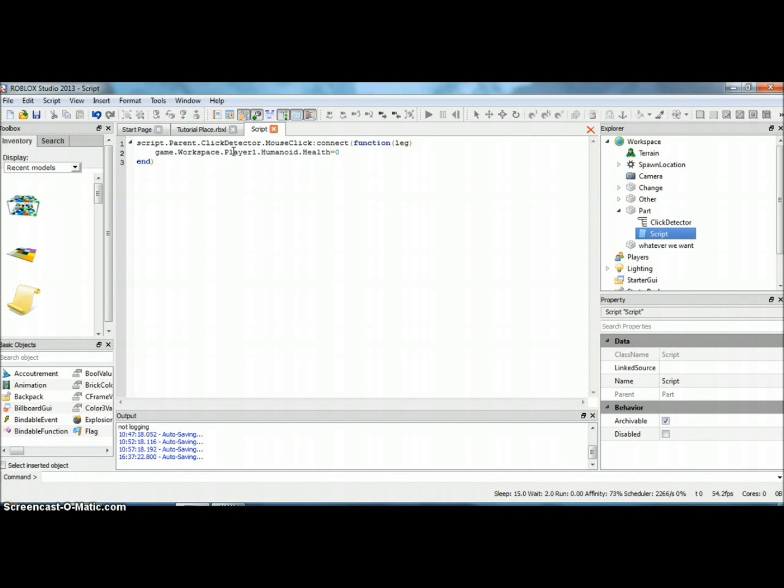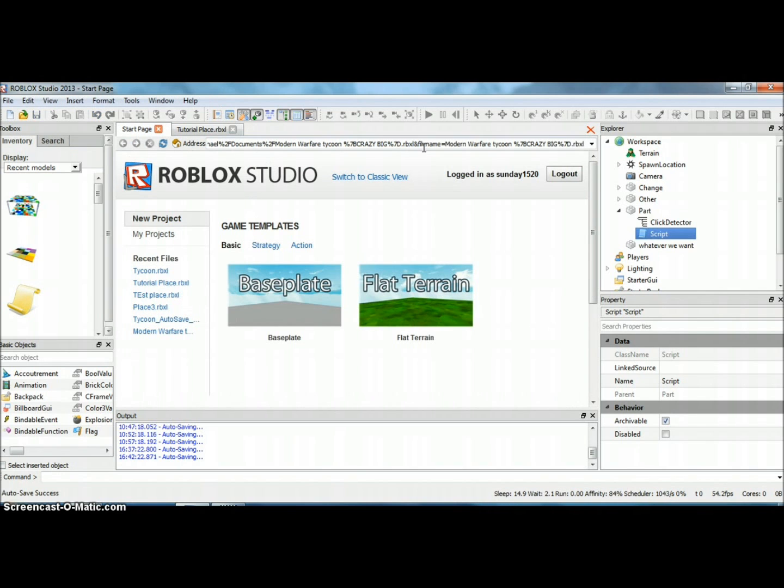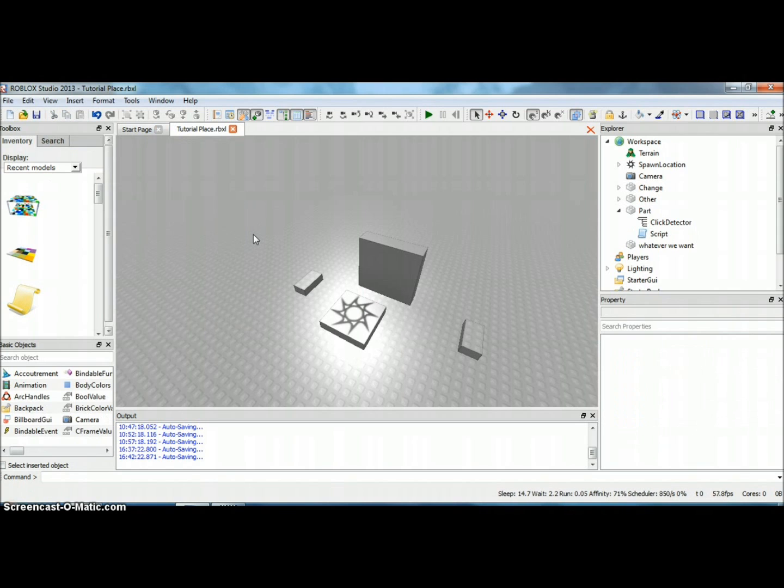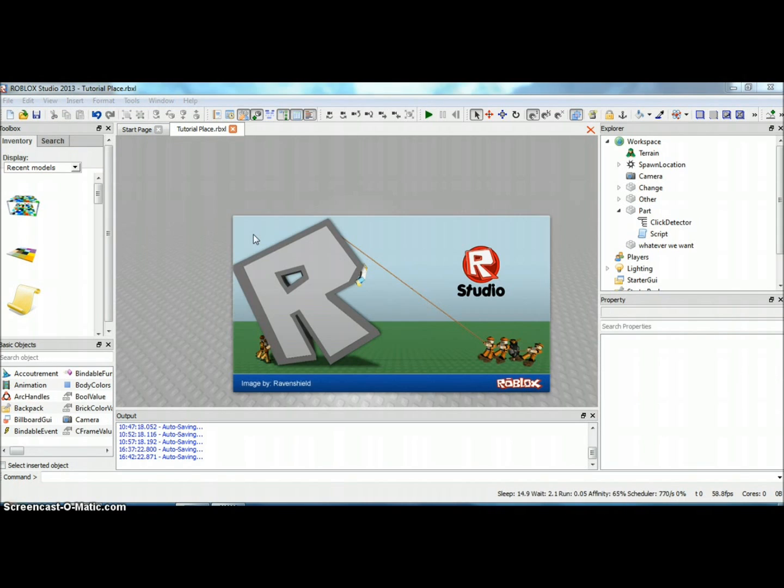So we click it, well, player 1 will die. And there's other ways you can do this where it actually finds the person who clicked it, so that you don't have to do this to a specific person. And I'll show you that in a later video, but right now I'm just doing that as a sort of debugging method to get you guys thinking and to make you try to find different solutions. I closed that, went to the start page by accident. Anyways, click F6, you can go on in,